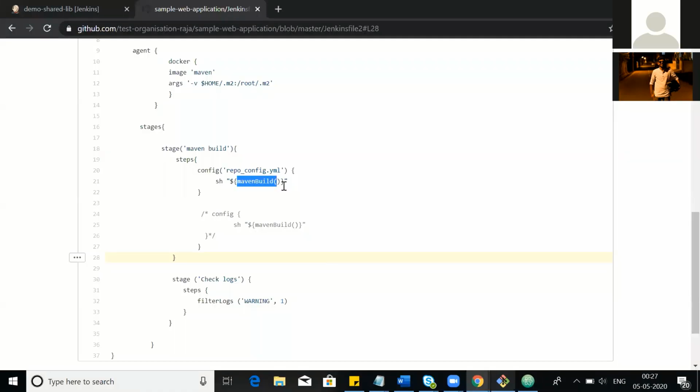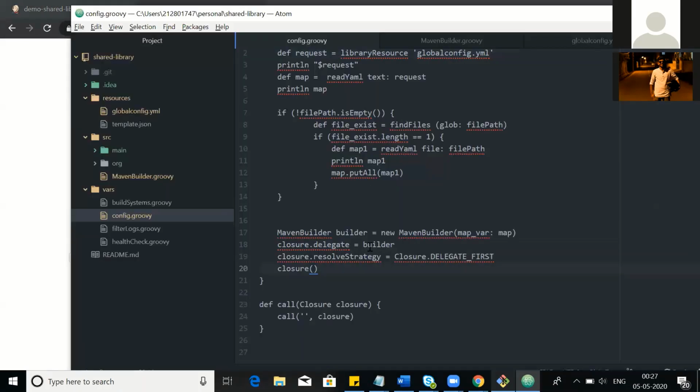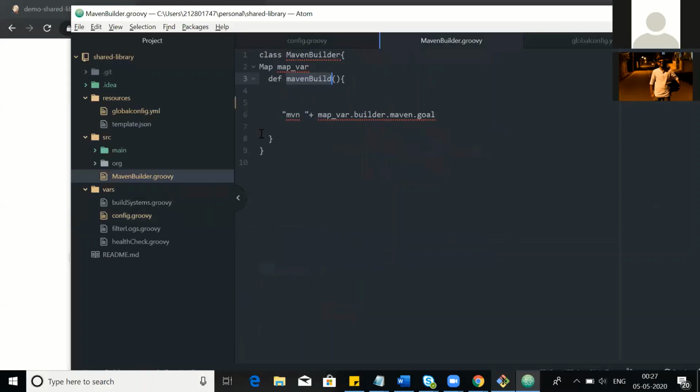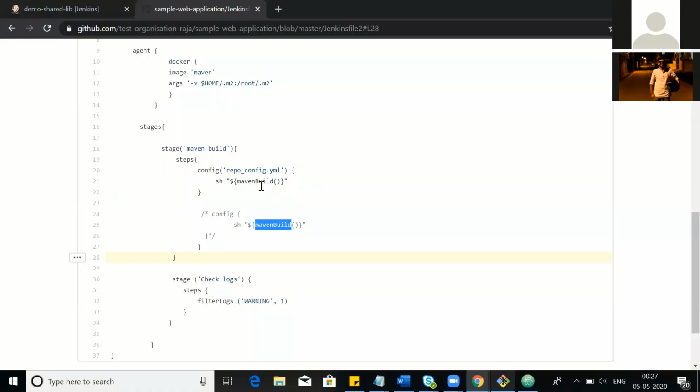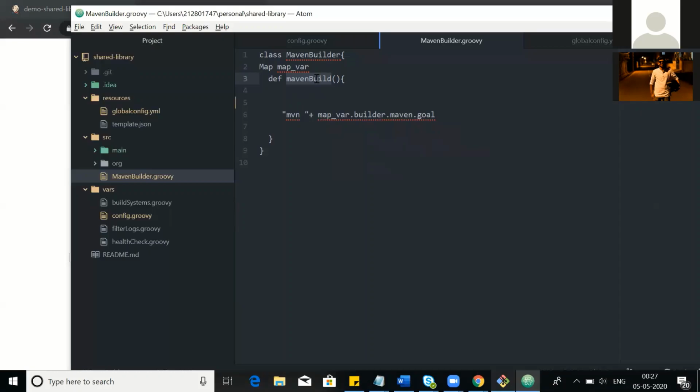There are two configurations I'm going to show. We'll go ahead and see the demo. In the Maven builder, I'm not hard coding anything. Whenever this Maven build happens, it will execute this. It just returns a Maven clean install.